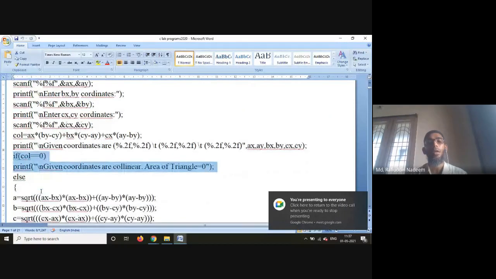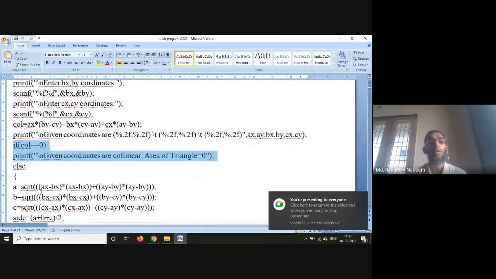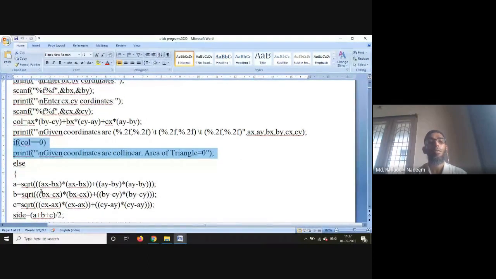if the coordinates are not collinear, then for calculating a, b, c, first of all I need to find the sides. The calculation of a side is square root of ax minus bx into ax minus bx plus ay minus by into ay minus by, that is nothing but squaring.